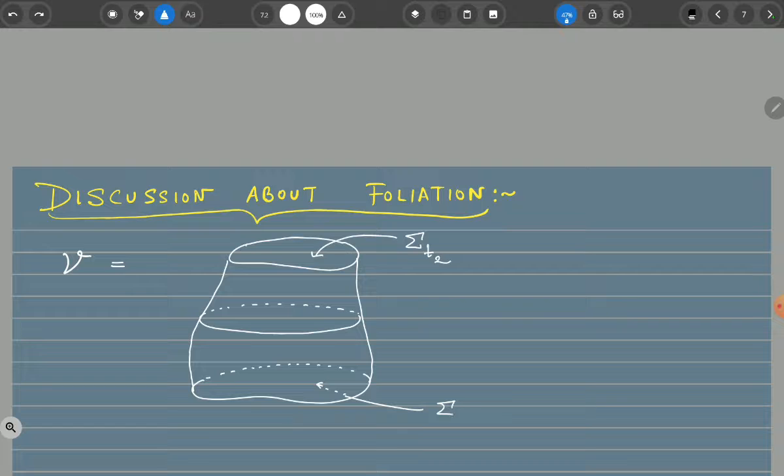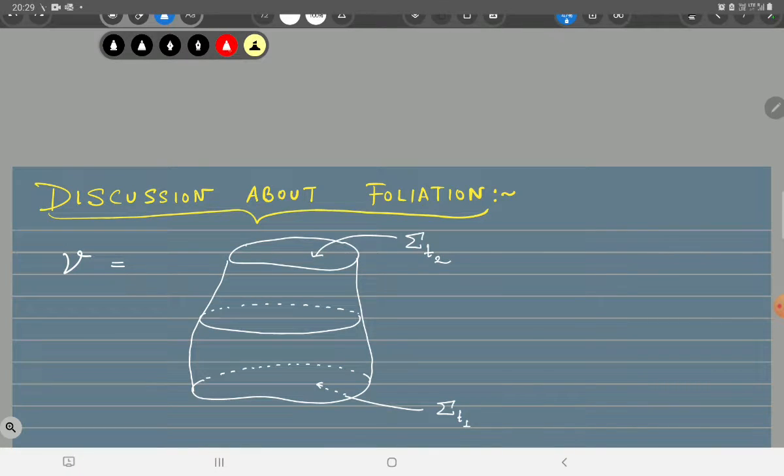This one is the three-dimensional hypersurface sigma T1, and as we remember,